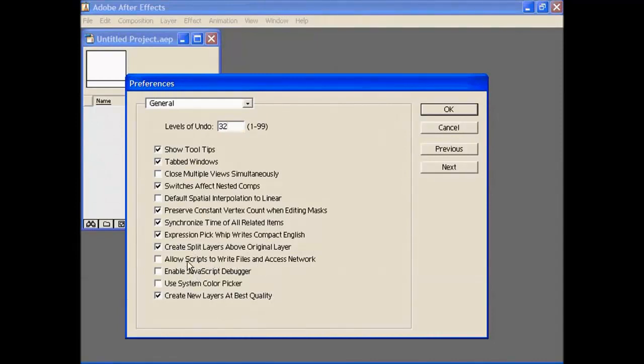And we have all these other types of properties here to allow scripts to write files, enable JavaScript debugger, and these are more advanced. Use system color picker, and we can just use this to change the way that our color picker is used from swatches. And we can also create new layers at best quality, and this will import